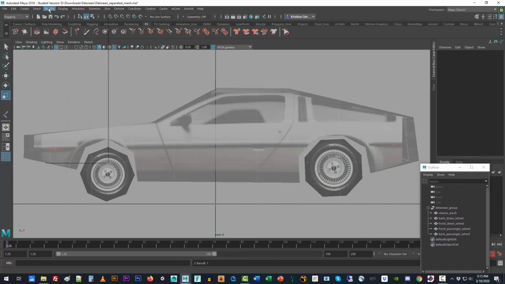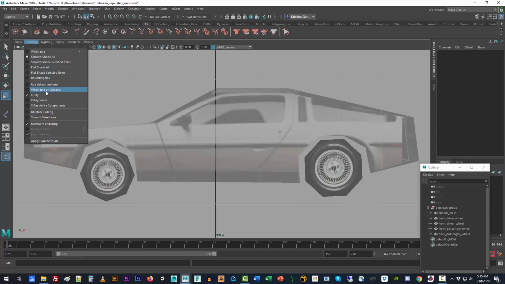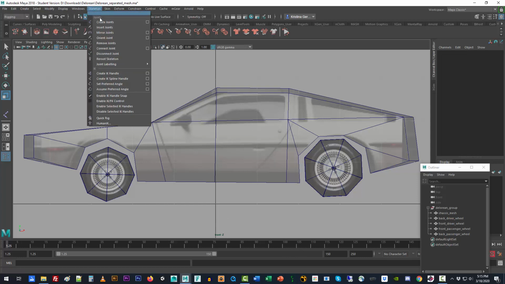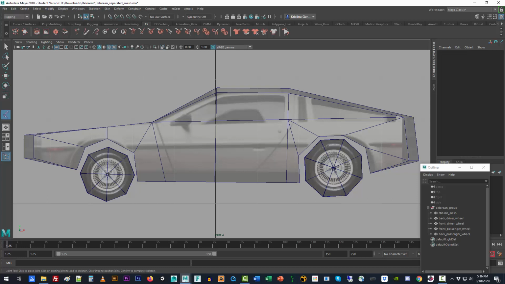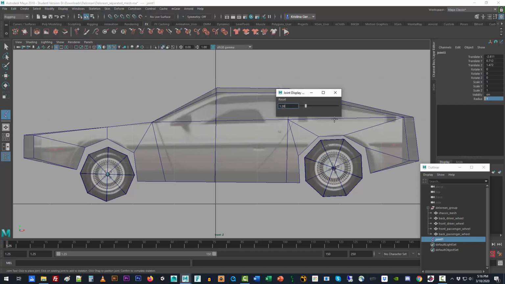And if I show also, oops, sorry, go to wireframe unshaded, I can actually see the construction of the car. That's so beautiful. That when we create joints, I can come in here and hold down V and pop it into the middle of this little wheel here. Now that thing is too bloody tiny. So let me do this. Go up to display, animation, joint size, and just kind of make these things go up a little bit. There we go. So I got one for the front,